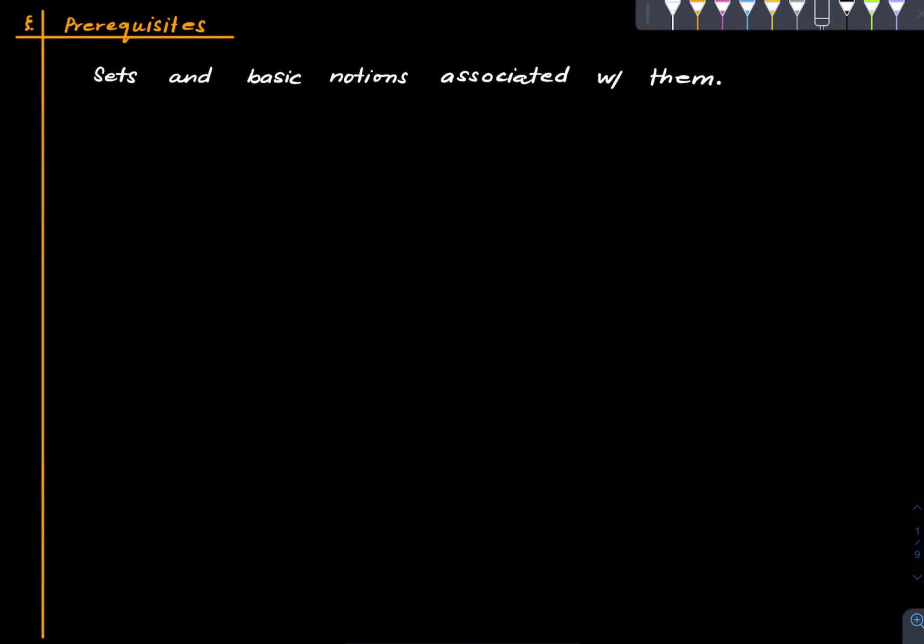Welcome to this first primer on functions. This will be a series of a few primers, and before we get started, let me point out the prerequisites. All we need is the language of sets and the basic notions associated with them. So things like unions and intersection,